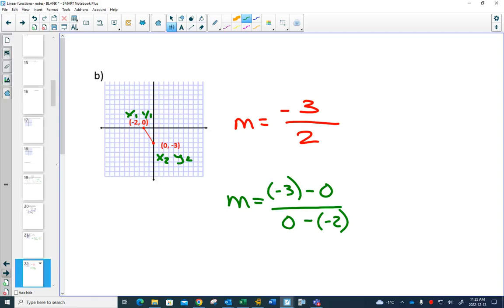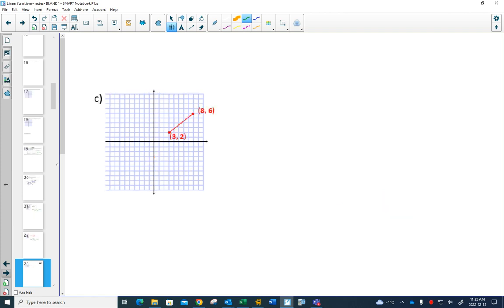So that's why I say, right above your points, which one you chose as your first one, x1, y1, and which one you chose as your second, x2, y2. Labeling those will help you. And when we simplify this, can you see the top stays negative 3, and 0 minus negative becomes positive, so we get the same slope with our formula that we got from observation. So again, if you're given the graph, observation can be very helpful. Unless the points are too far apart,